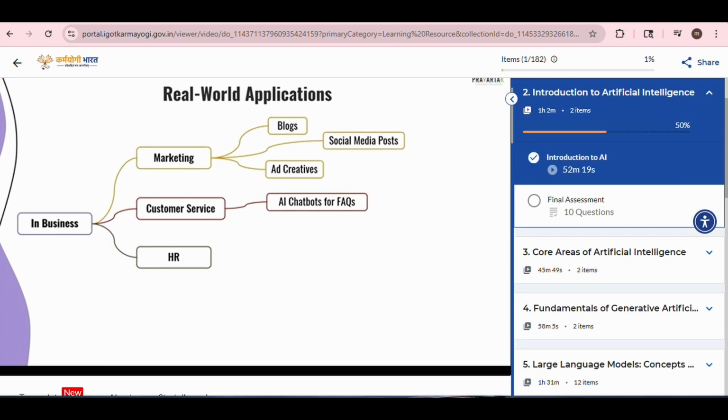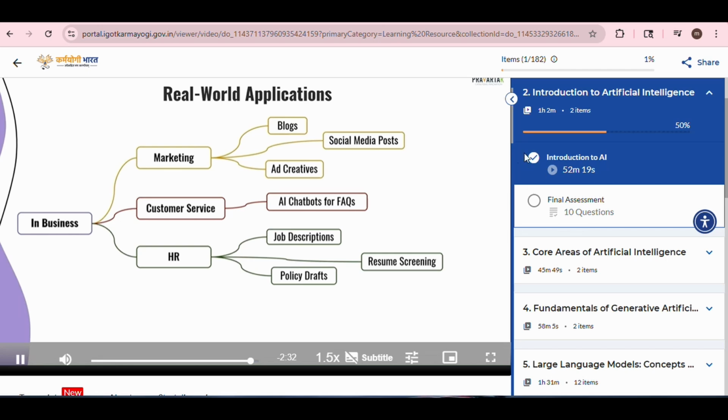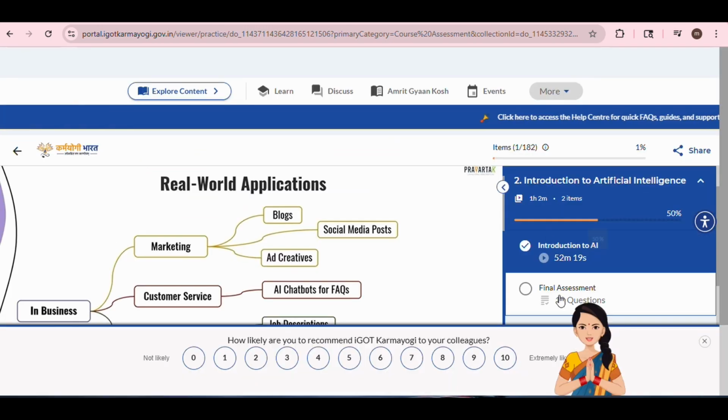If you talk about HR, job descriptions you can generate right from scratch. You just have to write a prompt, generate a job description for